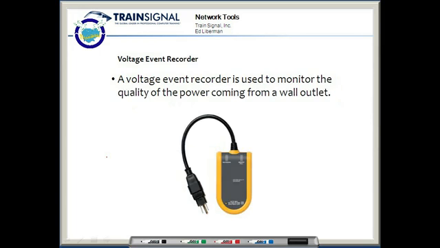Next we have our voltage event recorder. And this is a tool that is used to monitor the quality of power coming out from a wall outlet. And as you can see here, this particular tool has a regular plug that you would just plug right into a standard wall outlet. And then the other half of the device would be used to gather information coming from that outlet. And the reason you would use this is to test an outlet to